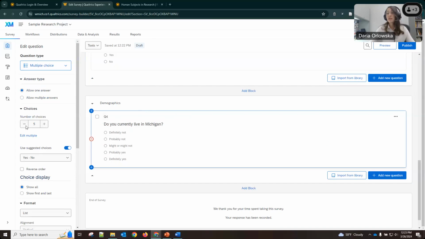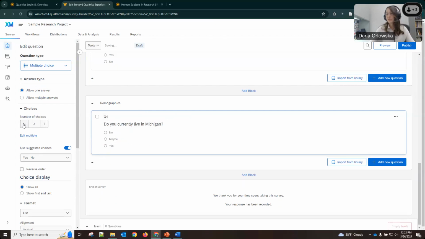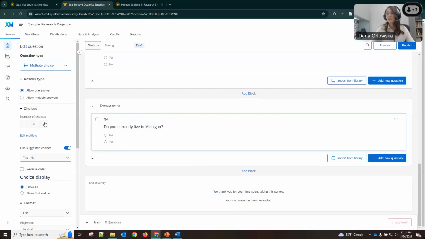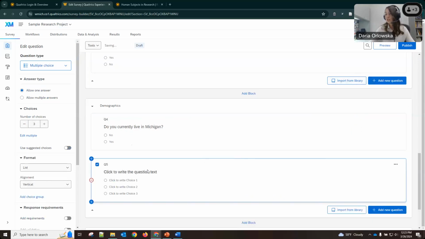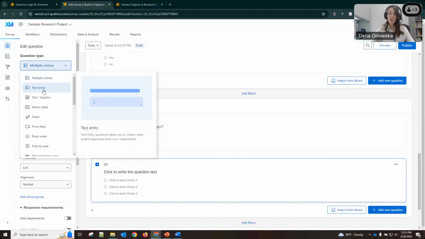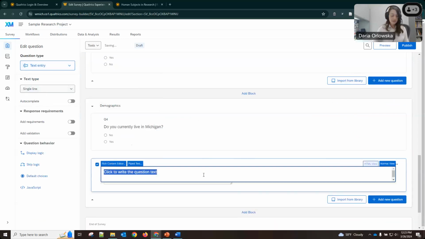So you can say, do you currently live in Michigan? You can do yes or no, and you can create a new question that is a text entry question, such as, where do you currently live?